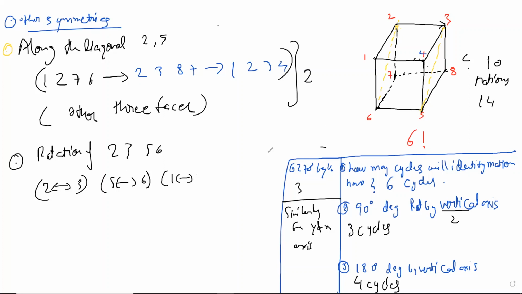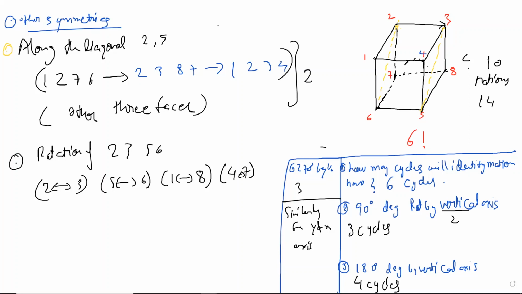No, this is different. So here the 1 is going to go to 8. That you will never get in a rotation about the x-axis, y-axis, or z-axis, about a principal axis. You will not get this. So this is different, I believe. This plane is kind of a slanted plane. So if you rotate this plane by 180 degrees,